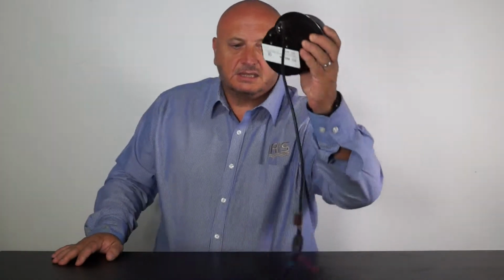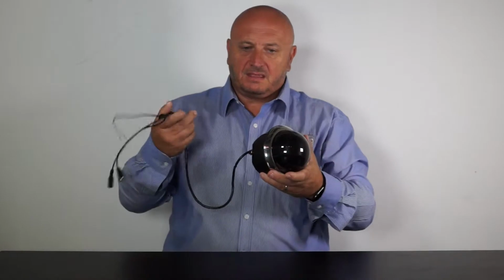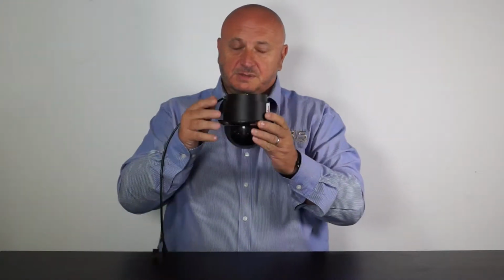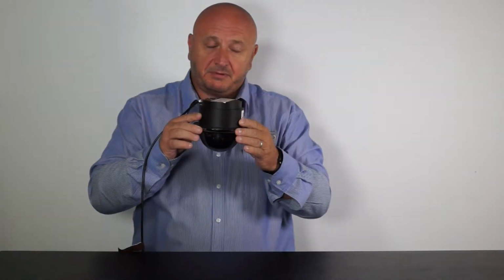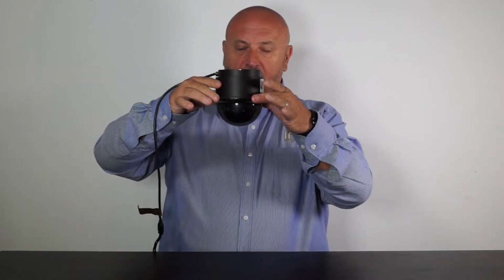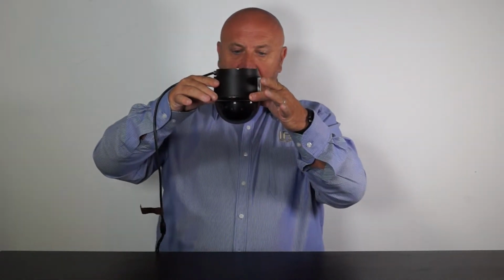The 106 is the smallest of our dome PTZs, and you'll find it's probably one of the smallest PTZs you would be able to find anywhere, whether it was a marine camera or not. What you have is a stainless steel bezel here, and the stainless steel bezel measures approximately 4 inches in diameter,